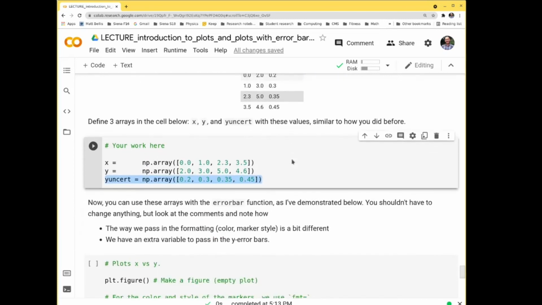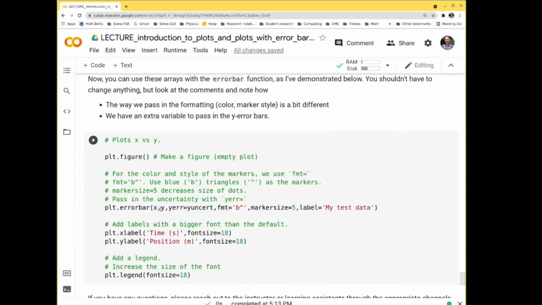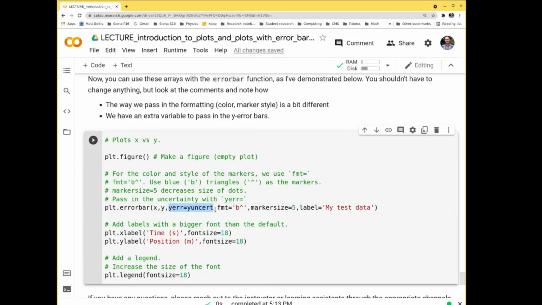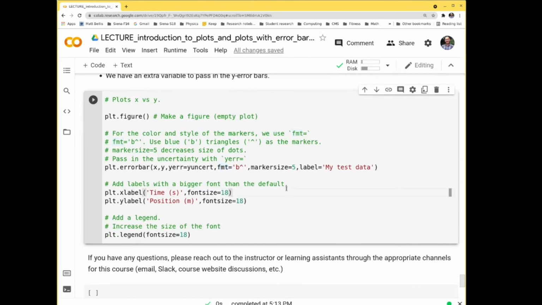So we'll use the errorbar function. It is very similar, except for a couple of small differences. One, you pass in your x, y, but then there is an extra term here, yerr, for the y error bars, and that equals the y uncertainty array that we passed in. And then unfortunately, we can't just write B0 or BO or B caret for the squares. You have to have this fmt in front of it that stands for format. So we'll do fmt equals, and then we'll do this with blue triangles, and then everything else is the same. If we run this,